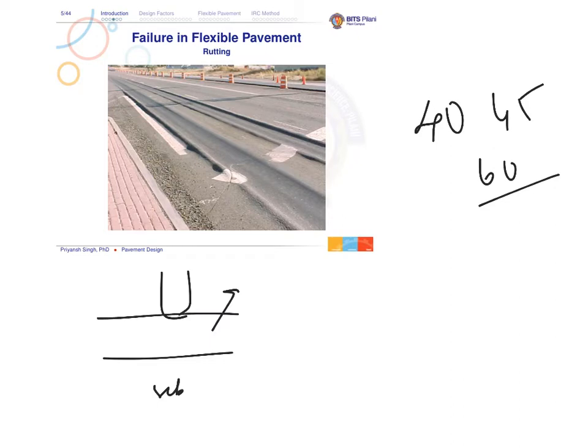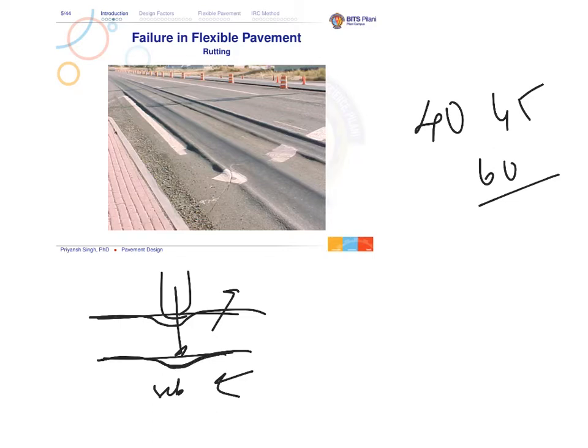material in this layer is incompressible. So whatever the deflection coming on this layer will be carried forward to the subgrade. And this can only happen when your subgrade strength is less, and because of this load your subgrade deforms. So this is the first type of rutting. This happens because of the lower stability or the bad quality of your subgrade material.